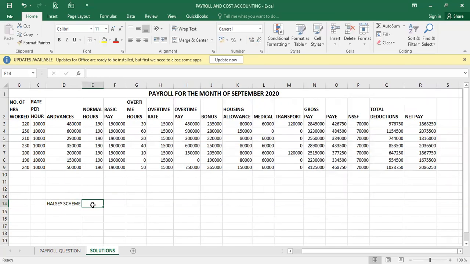It says that you are supposed to give someone a bonus on the time he has saved, because what happens here is that when people are working, they give them a standard hour or a standard rate for the hours that the work is supposed to be done. When someone does the work before the time that is set,